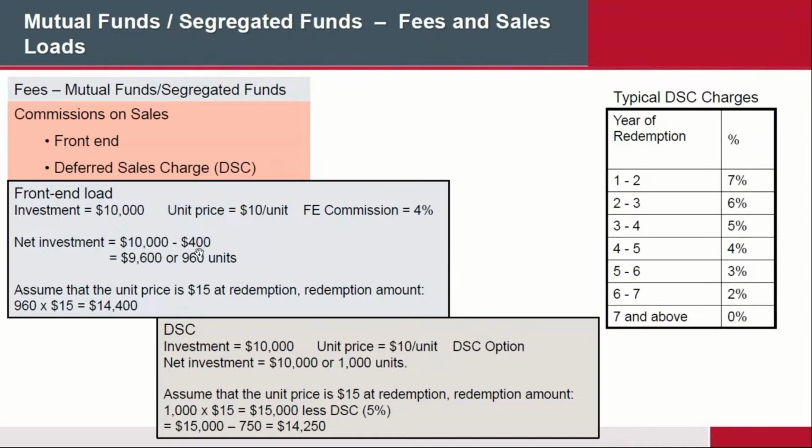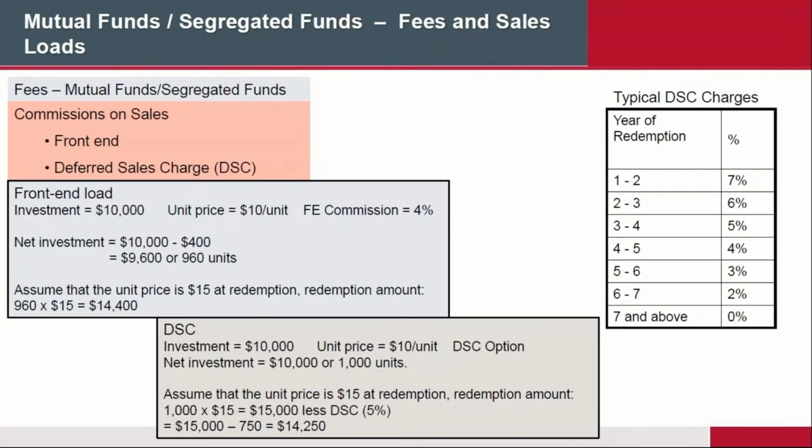So front-end load basically means that you pay all your expenses up front. If at any time, let's say this was a 10-year investment, and you came back to me in the 5th year and said, I want to cash out, you'll get whatever the value is, and that's it. There are no further charges on your investments, because you paid all your charges right up front. Because you had a front-end load, all future times when you cash out, there'll be no penalty whatsoever. That's the beautiful thing about it: you covered yourself right from the beginning.